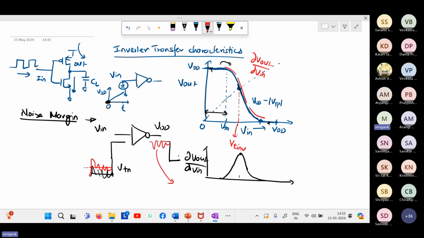As a result, it will amplify the signal. Disturbance may become more and more, and it may corrupt the signal level. So likewise, for the other side, if the signal is